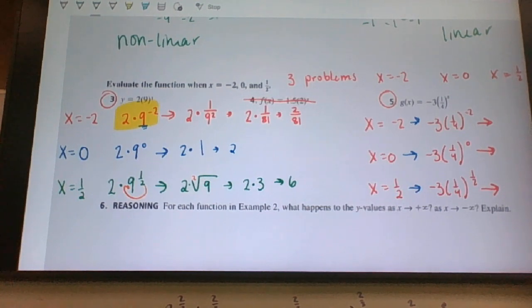The 4's going to move up and become positive. So -3 times 4 squared over 1 squared. You guys know 4 squared? Anybody know 4 squared? 16. 16 over 1 squared is